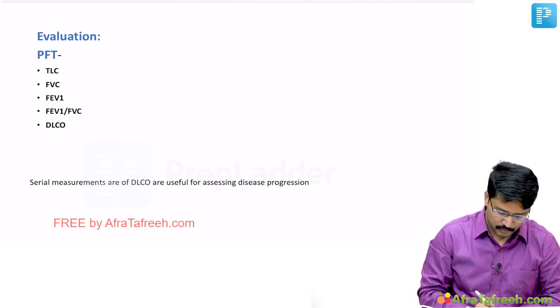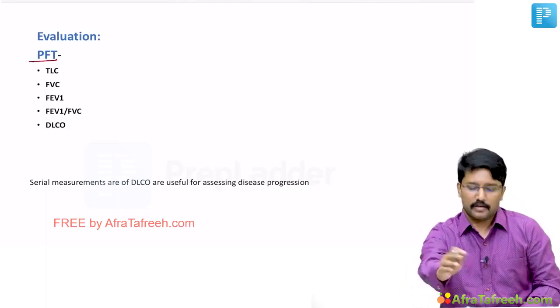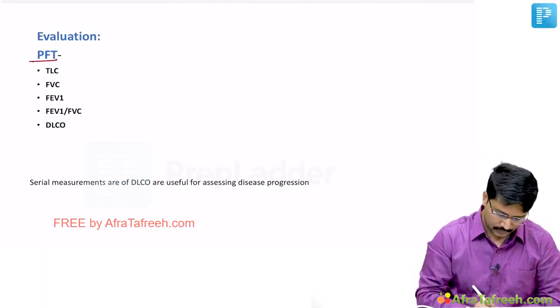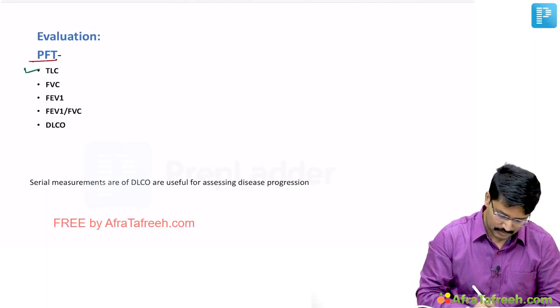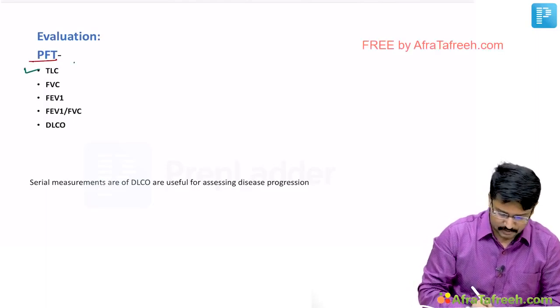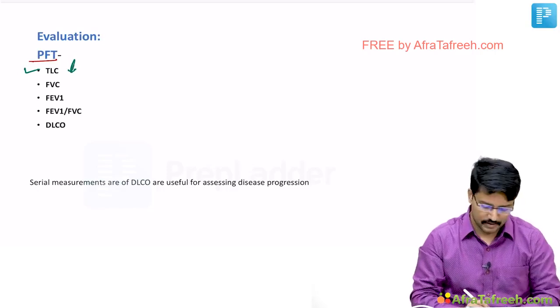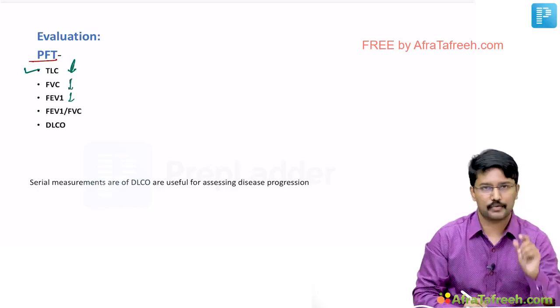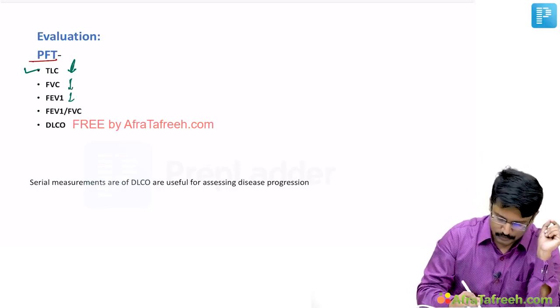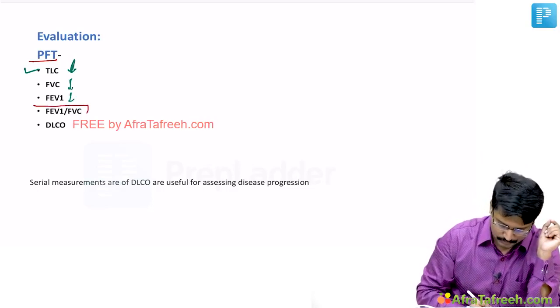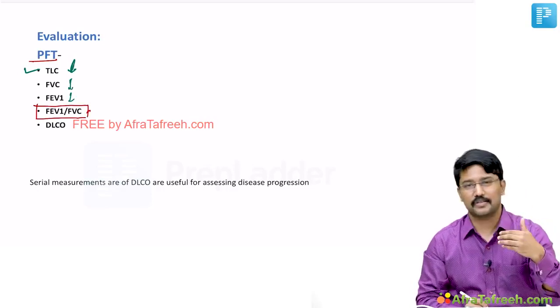Starting with the pulmonary function test, the cardinal manifestation of interstitial lung disease on PFT is reduction in total lung capacity. Along with that, even the FVC and FEV1 are reduced. To some extent, we also notice that there is reduction in the ratio of FEV1 by FVC, which is suggestive of